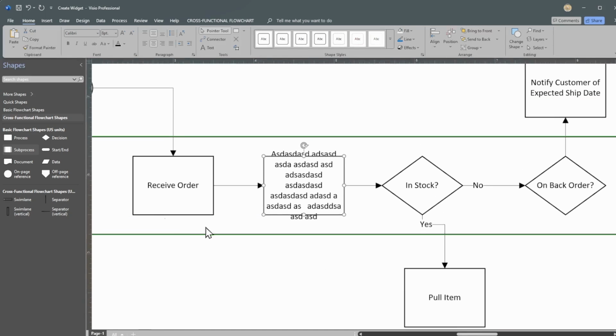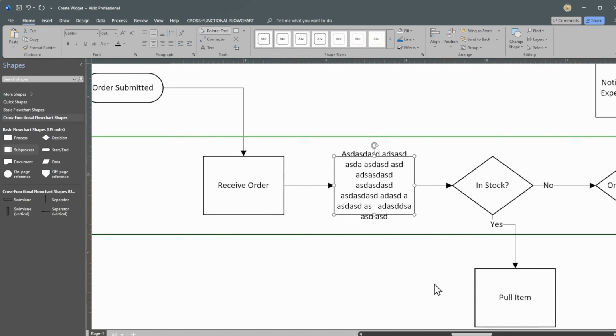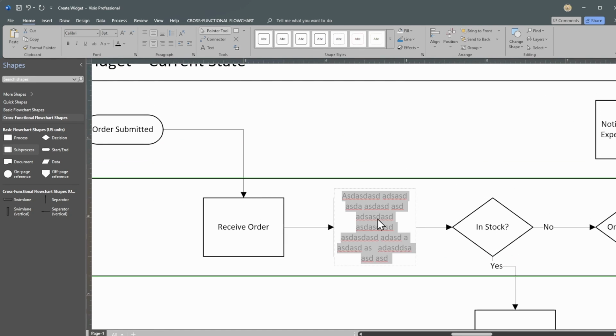I don't like process steps with too much verbiage. Now you're writing a procedure document. It shouldn't be that much. Use annotations. If you have to say a lot of stuff,